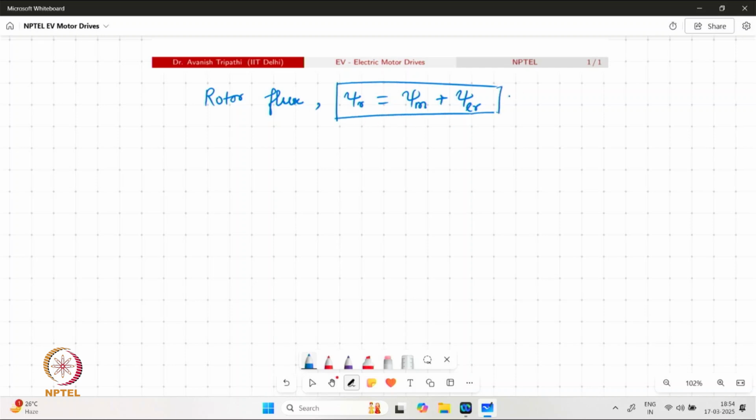Once again, we can plug in the values of psi m and psi lr. And considering the vector notation, the underscore, this can be written as